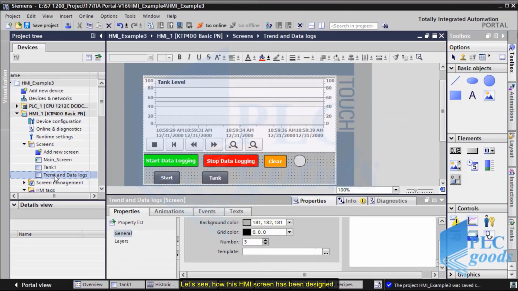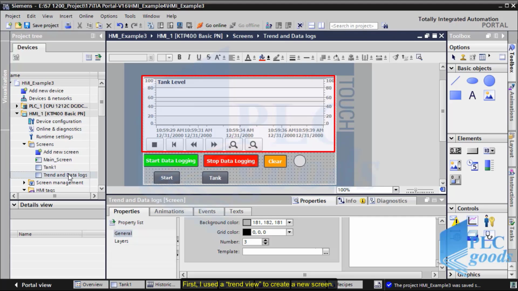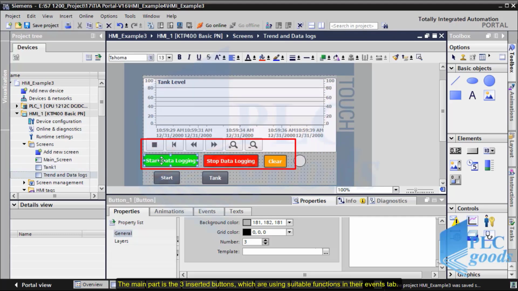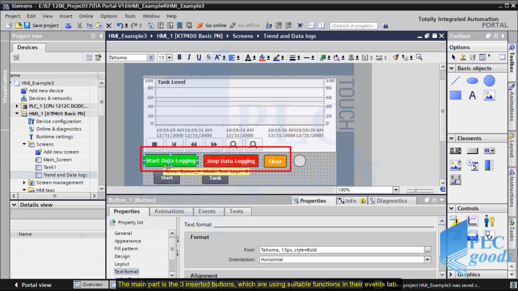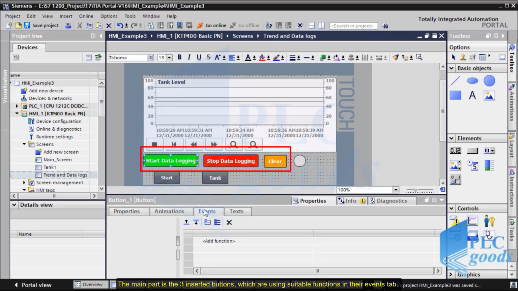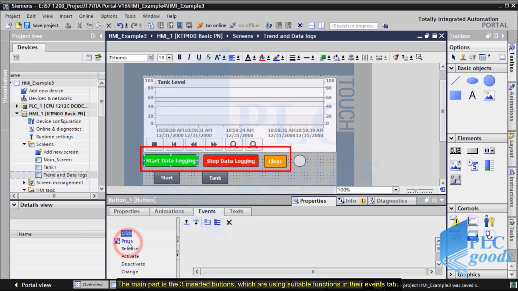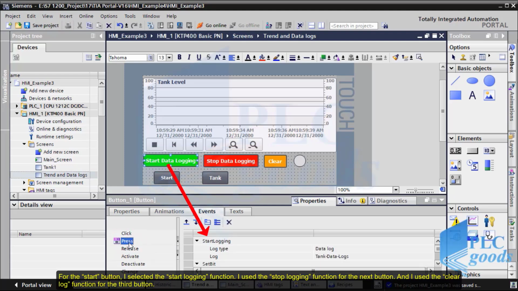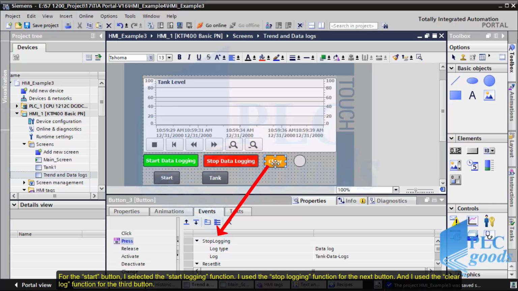Let's see how this HMI screen has been designed. First, I use the trend view to create a new screen. The main part is the 3 inserted buttons which are using suitable functions in the Events tab. For the Start button, I selected the Start Logging function. I use the Stop Logging function for the next button, and I use the Clear Log function for the third